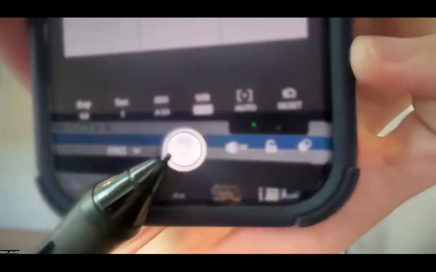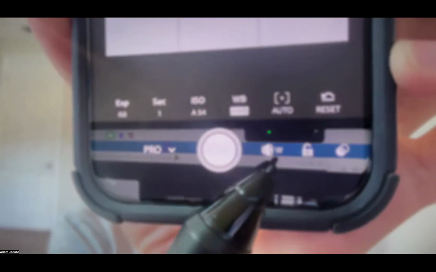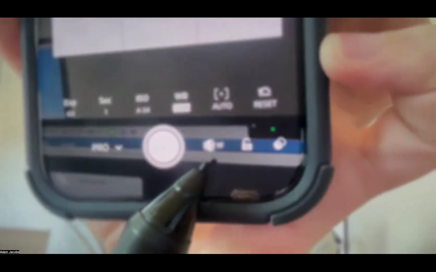Oh, one other thing actually I'll say just before I leave the Lightroom app and we jump into your photos, because now all your photos are going to make a lot more sense because we're going to be able to look at the shutter speeds. Again, this is going to be slightly different for those on an Android compared to those on the Apple. But I've got an iPhone. On the right-hand side of where you take your picture, for those of you on an Apple, it's going to say W for most of you. It may say UW, it may say, if you tap on that,